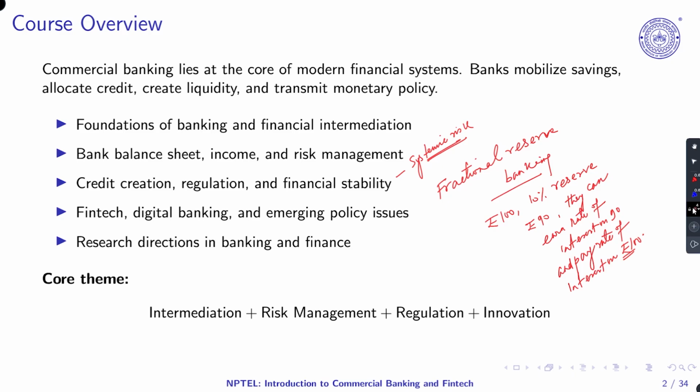So if I am going to borrow from the bank, then the bank will have access to my credit history through API, and they'll be using that. But there are angles attached to it. For example, you have cyber security related issues, where the challenge is very, very important, because a lot of the time we have experienced that the majority of the population is not very enthusiastic, because they don't see strong safety nets for any cyber fraud. So towards the end we also discussed some of the important directions in banking and finance, what they could be.